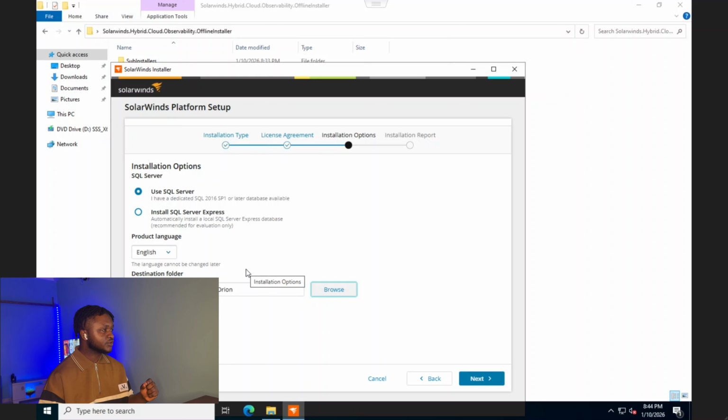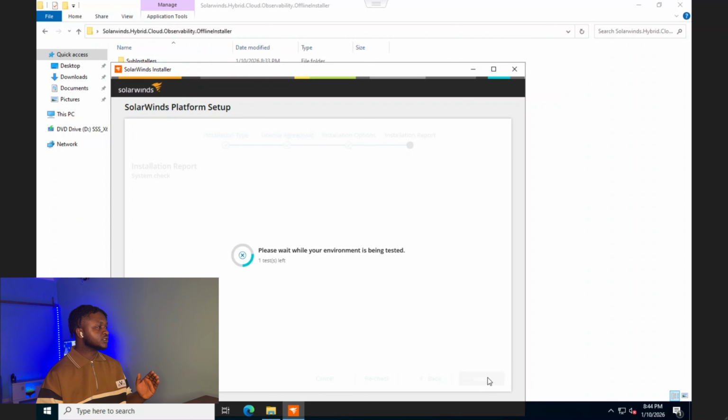We'll see that in the future, where we are going to uninstall and reinstall a SolarWinds application, where you'll be assured that your configurations and everything will stay the same, and you won't need to redo all your configurations, because all the SolarWinds configurations will be stored in your database. So we'll demonstrate how you can uninstall, safely create backups of your database, and reconnect to the previous database you had before the uninstallation. So for now, we are going to leave this installation on the default folder, and we click